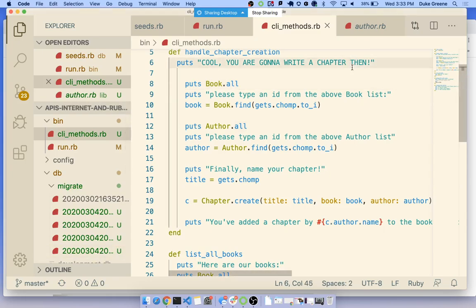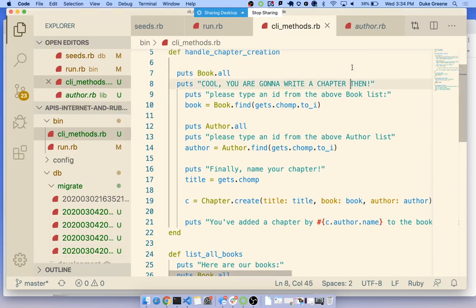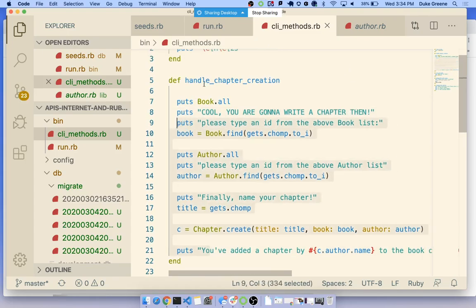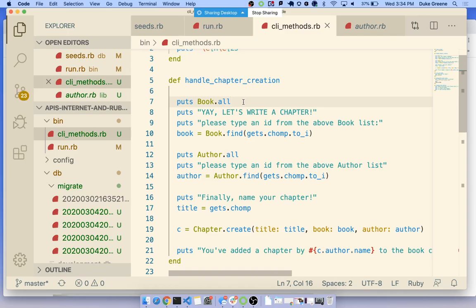I'm going to also move this over. Also, my indentation is bad, and I don't like it. Now we can be a little bit less strident because the user has affirmatively chosen that they were going to do a chapter. Cool. So we have puts book.all. Please type an ID from the above list. Maybe I do another puts, just some spacing here. In any case, we've done